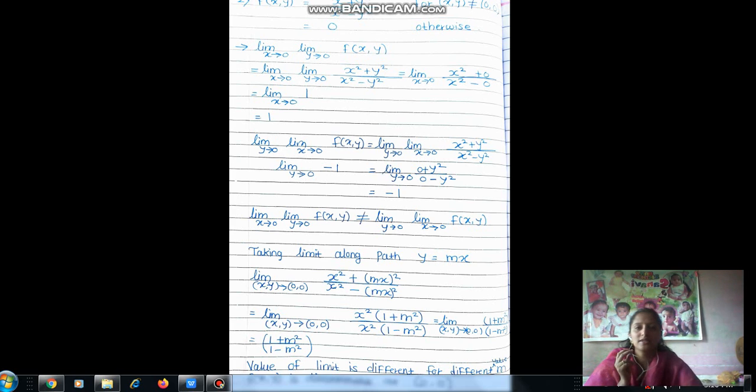So in this case, the iterated limits are not the same, and the function is also not continuous at point (0, 0). Okay,